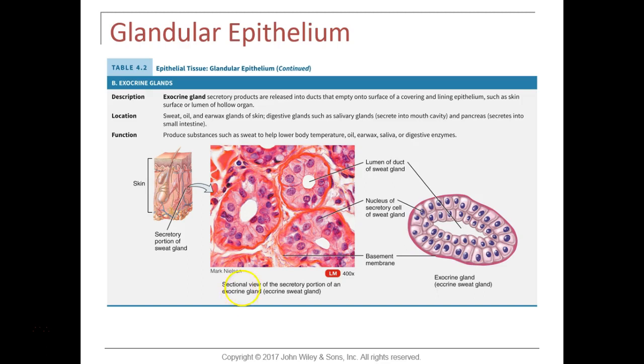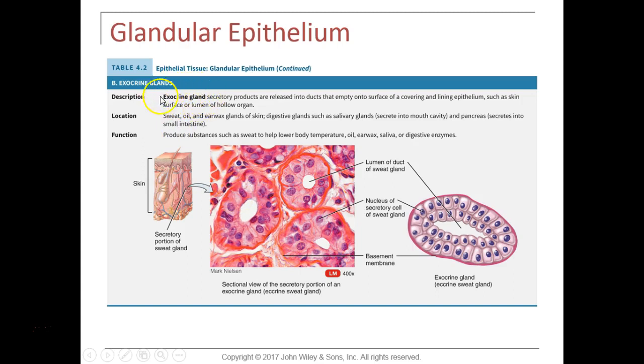For instance, we would say that from the sweat gland we produce sweat or perspiration. From the oil gland, which is called a sebaceous gland, we would name the product oil, and so forth and so on. This is something that you guys already know. So the little diagram that we see down here at the bottom is a section from the skin, and this is representative of, I should say, a sweat gland. So the sweat gland would produce perspiration, or what we call sweat, and then it would secrete it. However,